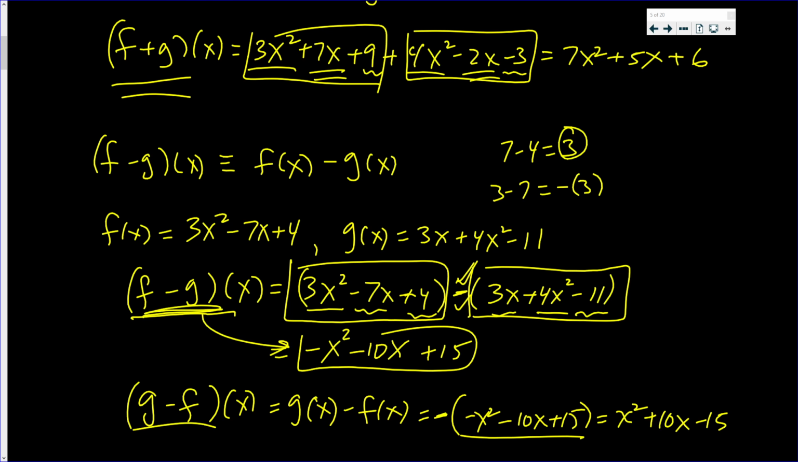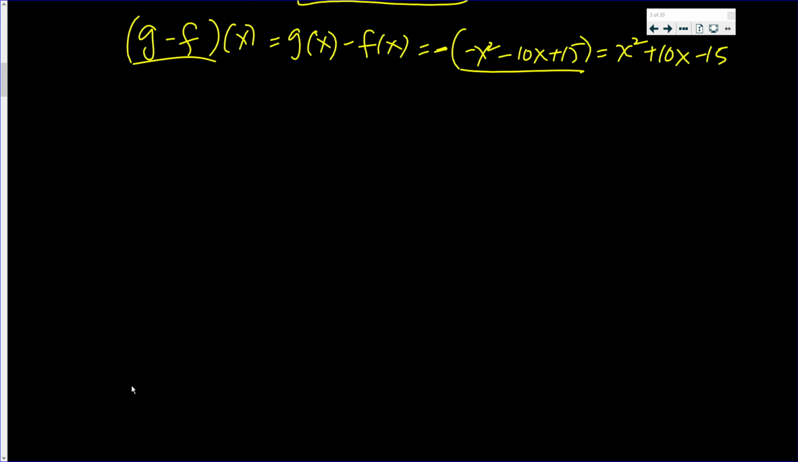Let me give you some more definitions. None of them are hard except maybe the last one. So you have f times g. Now, that is not a circle. It is just a dot. This is f of x times